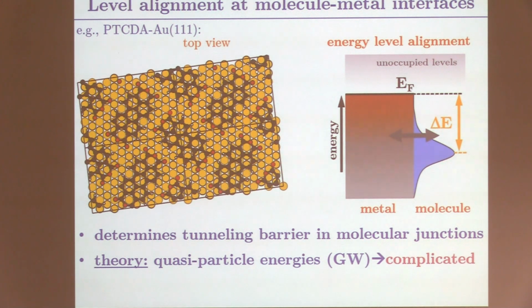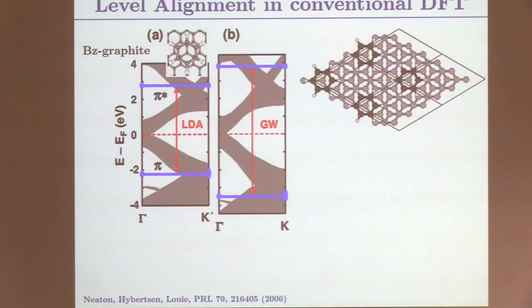Calculating that is complicated if you'd like to be accurate, because you would have to use something like GW, which is not only very costly and perhaps impossible for systems like these at the moment. It's also very complex and complicated from a more conceptual perspective. Can we get level alignment from DFT? And from the previous slide, you would probably say no, because we saw that the conductances are far too high. Why is that? Well,